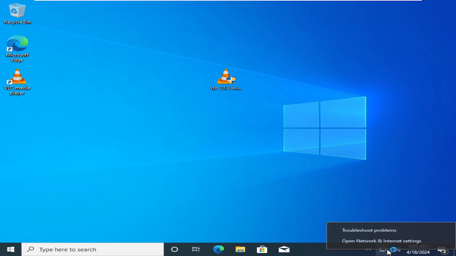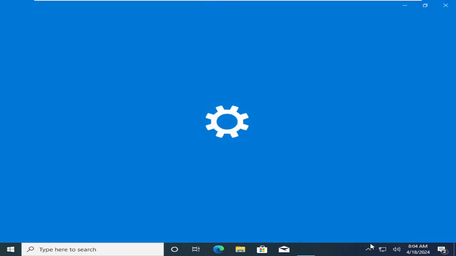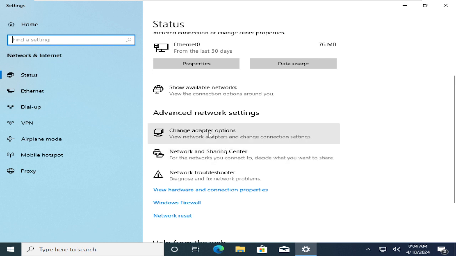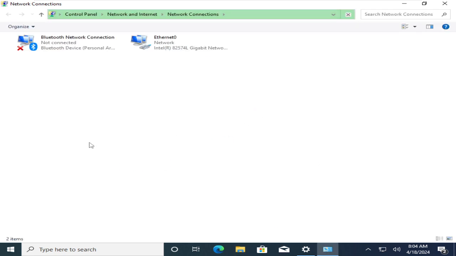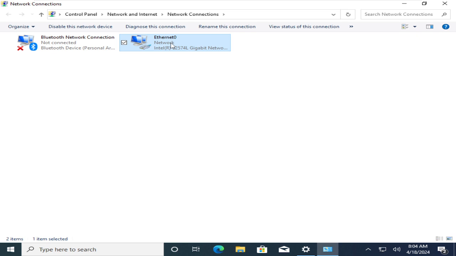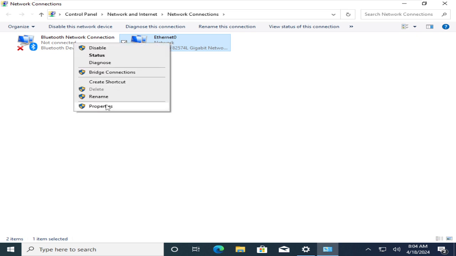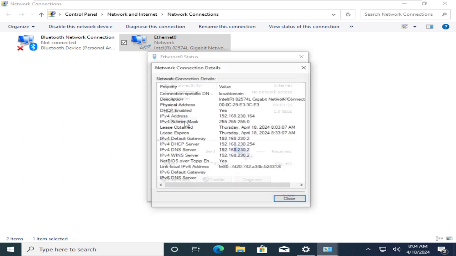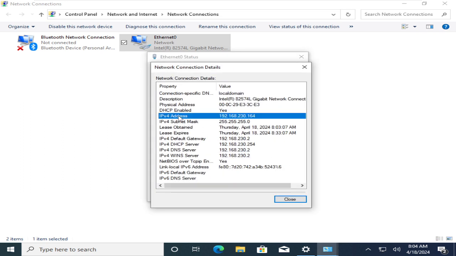Right click on this network interfaces, click on open network and internet settings. If you click on open internet settings, you see this Ethernet options, change adapter options here. Click on change adapter options, then you see the network interface card here. Right click on the Ethernet card which is connected, go to status, click on details, and you see here your IP address is